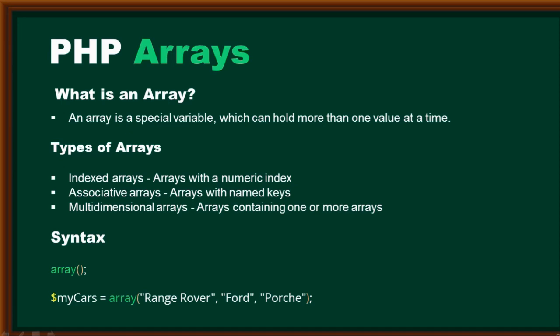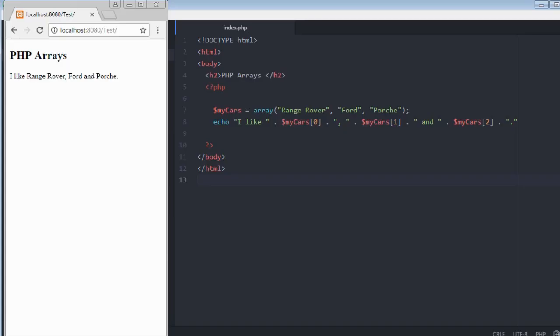I will be covering each of the types of arrays in separate videos, but before I wrap this video up, I just want to show you a quick example of an array in action. In the example here, I've created an array called my cars, and this is how you create it. You start with a variable name and you do equals to followed by the array function, and